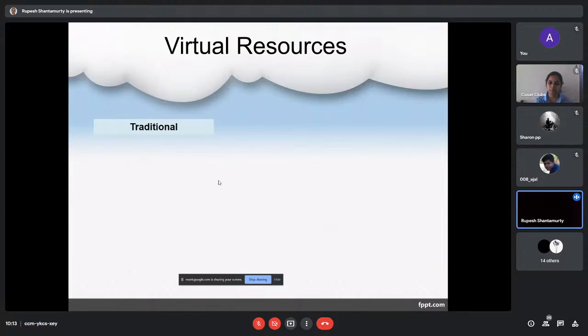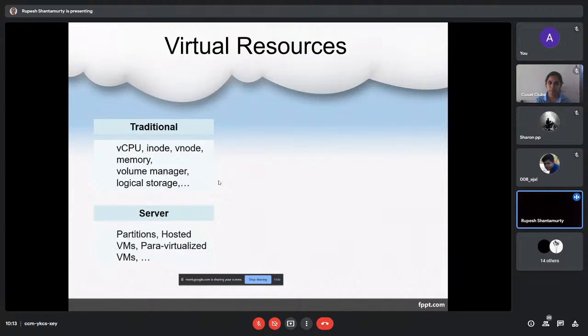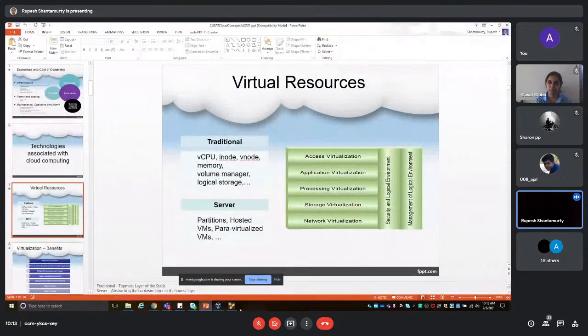a virtual resource. Traditionally you have been virtualizing the virtual CPU and memory, virtual memory, and all. And servers, we have partitions and virtual machines, and in modern times we go for others. So let me just shift gears a little bit and give an introduction of what this virtualization is. Virtualization is nothing but making one thing look like